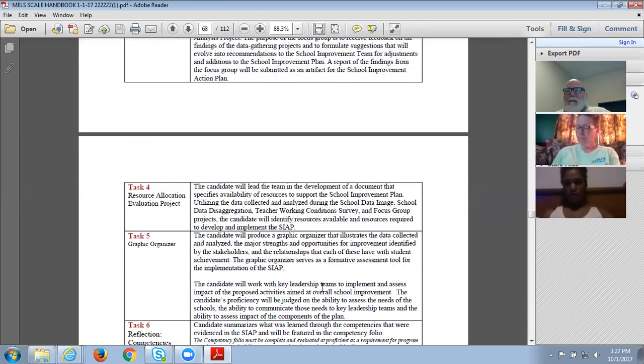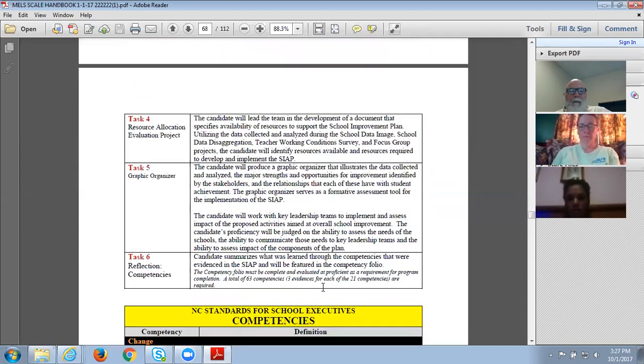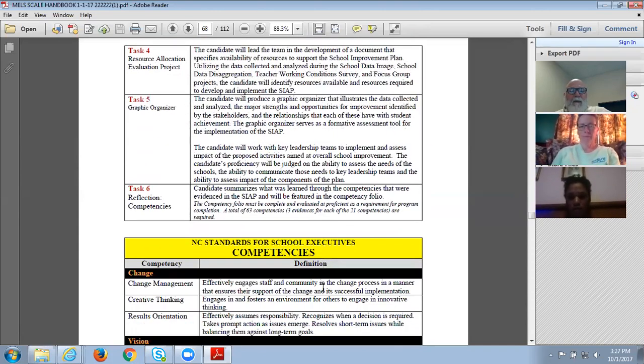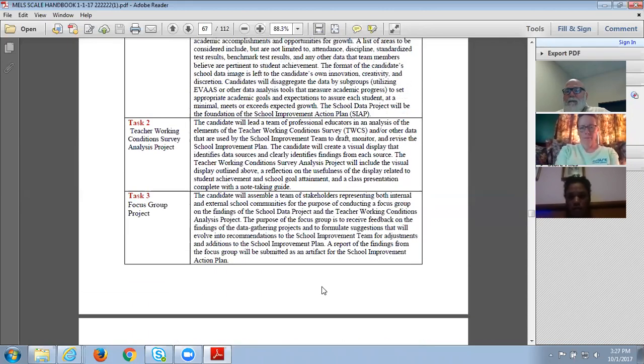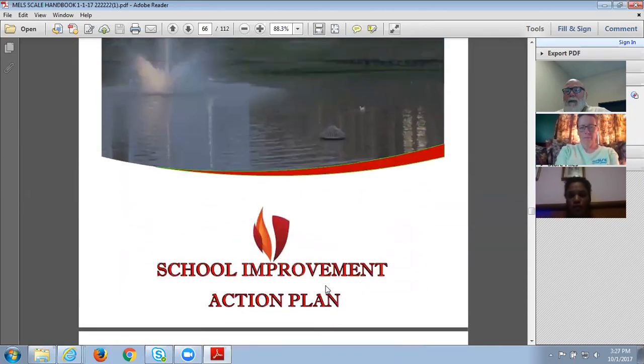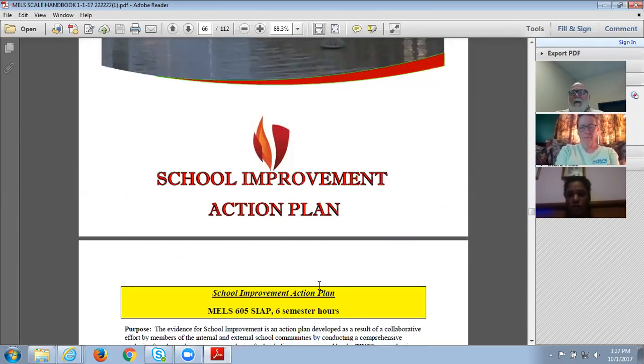Resources, I mean, right down the line here, you've done all of these things. You just do a little copy and paste and put them all together, and you're good to go. Okay, that's gonna help me a little bit. Yes, it'll help you a lot. It'll help a lot if you understand what the PSYOP is for.